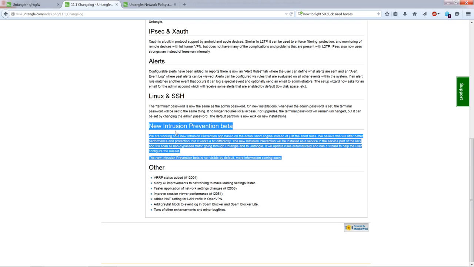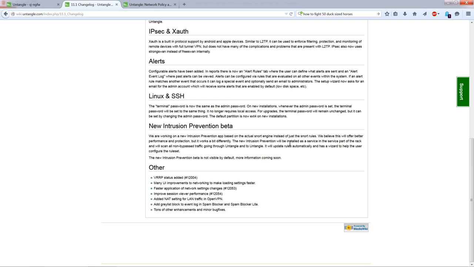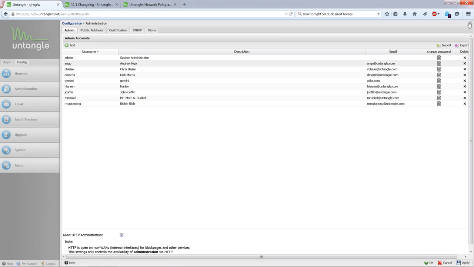Okay, continuing on, new intrusion prevention beta. This is a beta for 11.1, so I'll put a little asterisk there. When you upgrade, you will not see a new intrusion prevention. You'll still have the old beloved intrusion prevention, but we're working on updating it. The thinking here was